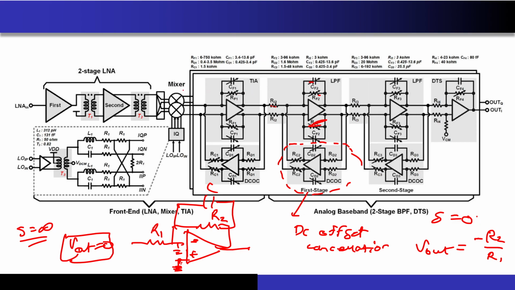a mixer. It is pumping current. Since I have to pump current, you must be familiar by now with what a transimpedance amplifier is. It is nothing but a current controlled voltage source. It takes the current as an input and gives you voltage at the output. Since this mixer is implemented in current mode, the outputs are current. It injects the current into the circuit, and I need an amplifier which can take the current as an input and give the voltage as the output.